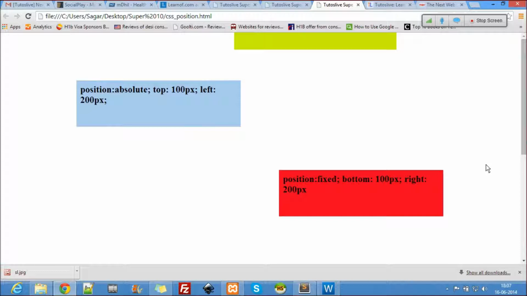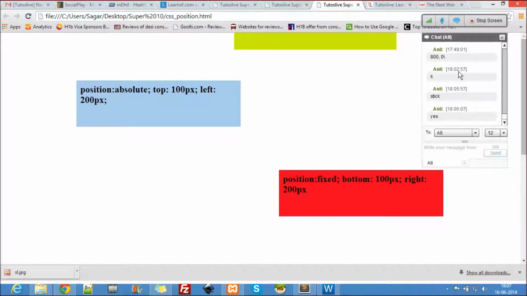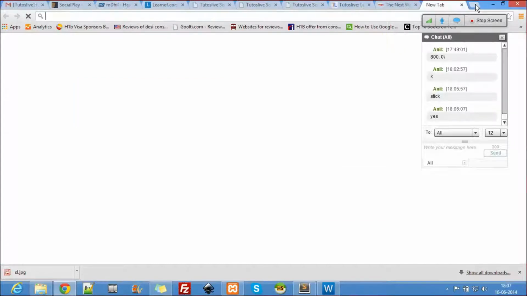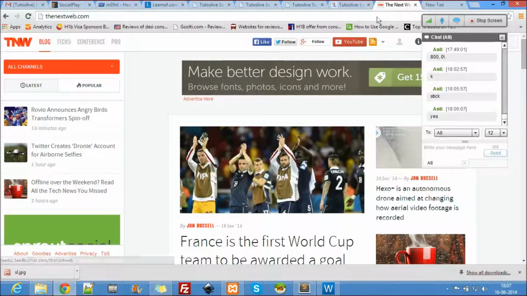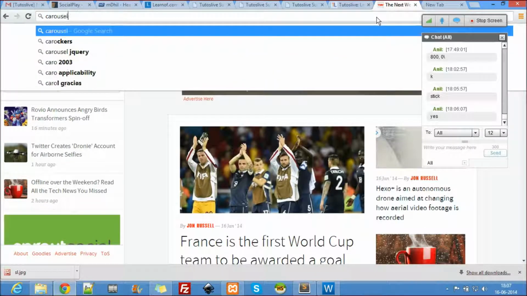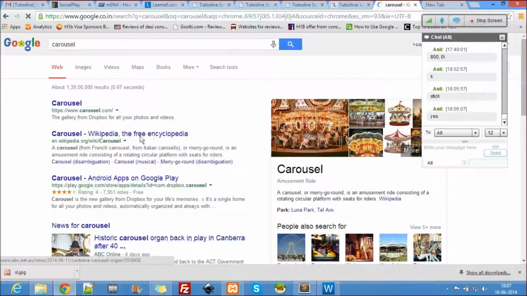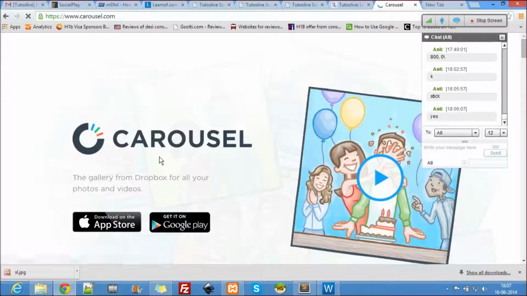You see these carousels? Do you know what a carousel is? Those sliders, where the images go and come. Let me show one carousel here. Maybe they have a carousel here. No. Let me just show you where you use this.